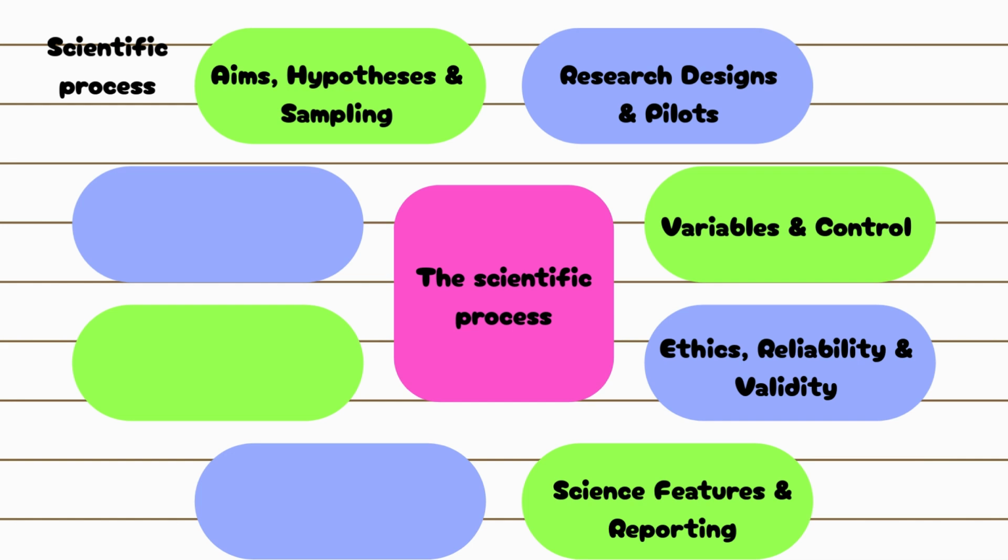Ethics, ethical issues in the design and conduct of psychological studies, dealing with ethical issues in research, the role of peer review in the scientific process, the implications of psychological research for the economy, reliability across all methods of investigation, ways of assessing reliability, test-retest and inter-observer, improving reliability, types of validity across all methods of investigation, face validity, concurrent